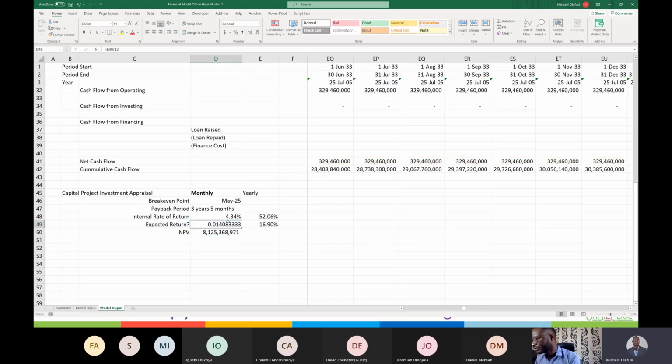So on the monthly rates, it's telling us that this is a profitable business. So if your expected rate of return is 16.9 annual return, then this is a very good business. You're going to get superior returns above your own expectation. But if the business, for instance now, if we have said our expected return rate is 52, if I said this is our expected return rate, you see this will come to 0, right?